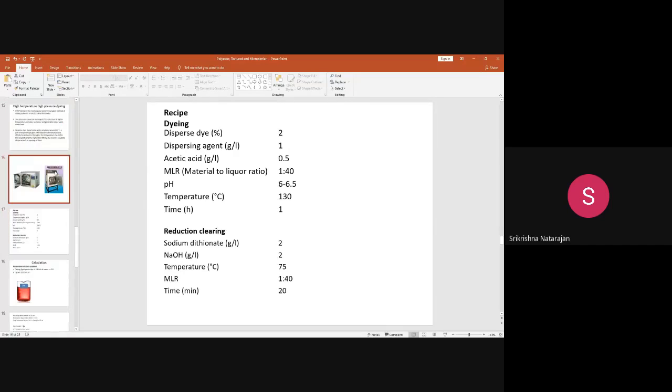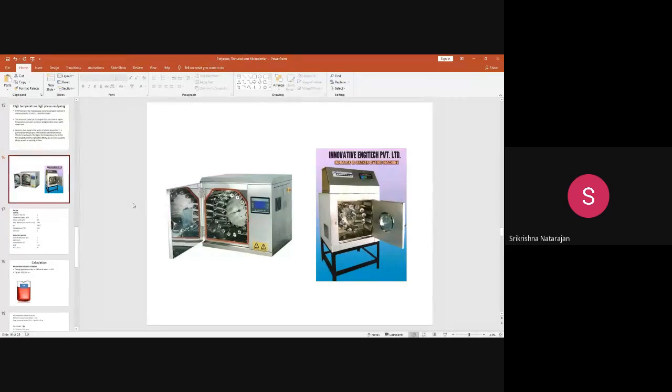It will be very hot. 130 is a very high temperature. What you do, you just open the machine and keep it for some time to cool. Once the temperature comes to 70 or 80 degrees, you take out the beaker, throw out the drained dye water, and then